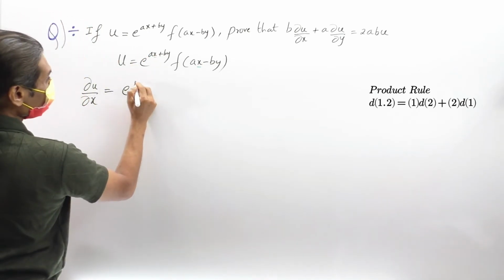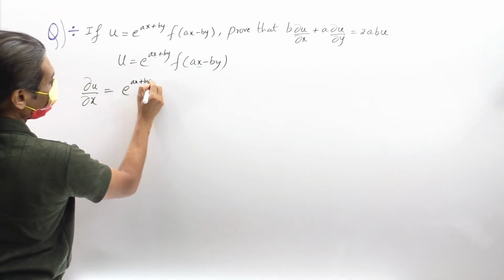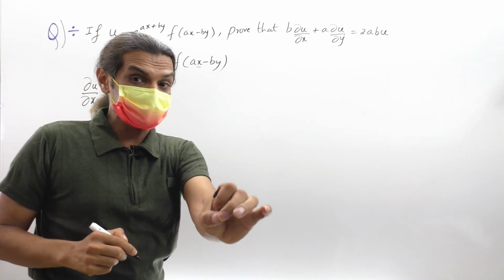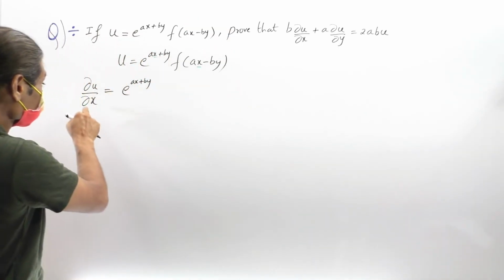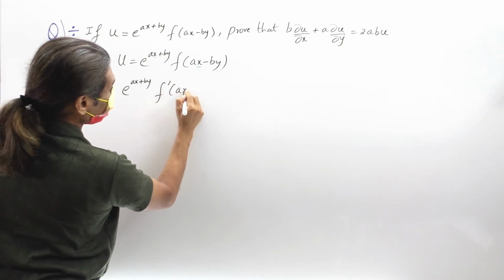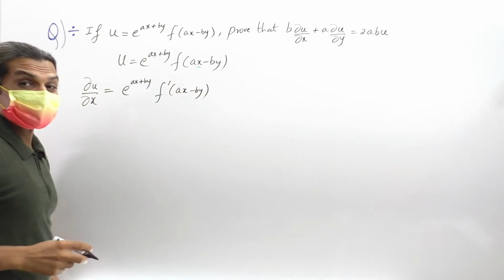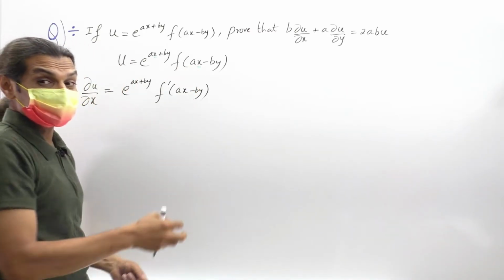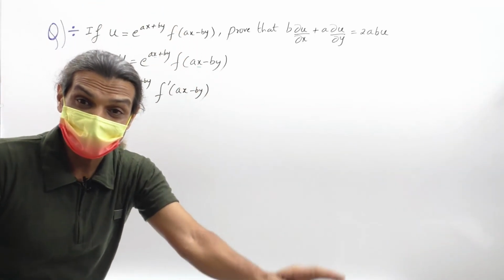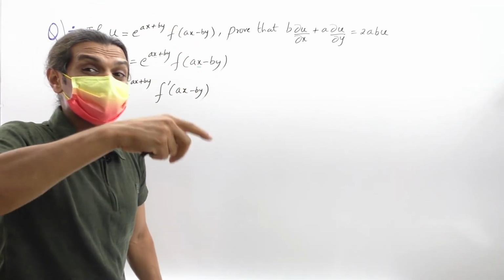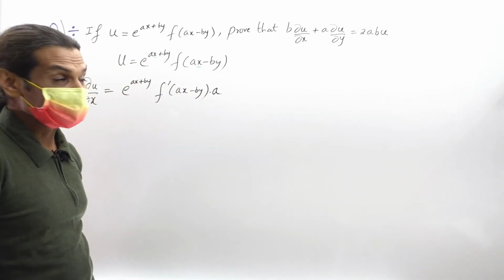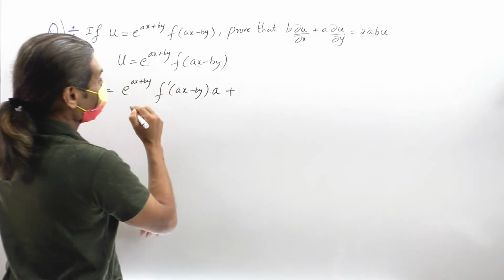So e raised to x plus by keep as it is. Now here you are differentiating f of ax minus by only with respect to what? x. So what is this? It is f dash of ax minus by. Again chain rule also follows. It's not simple as f of something, again differentiation of that chain ax minus by with respect to only x. ax differentiation is what? Into a, that's it. Getting it? Next, plus again f of